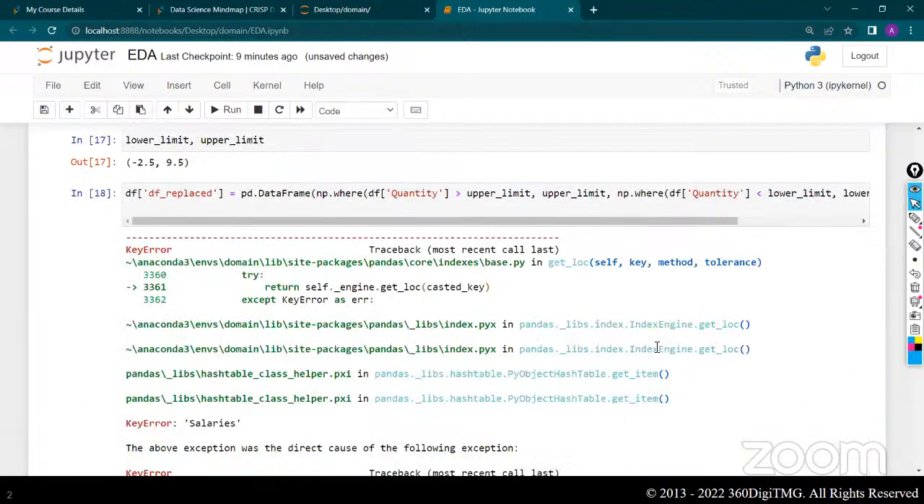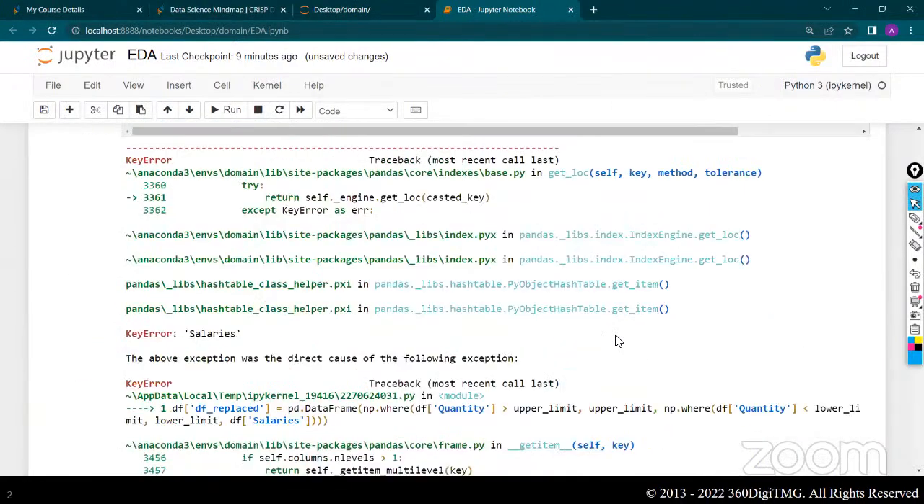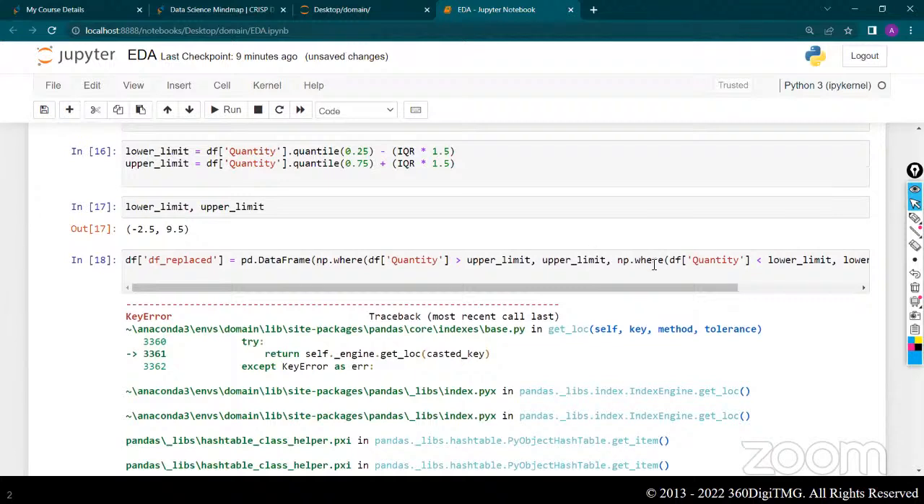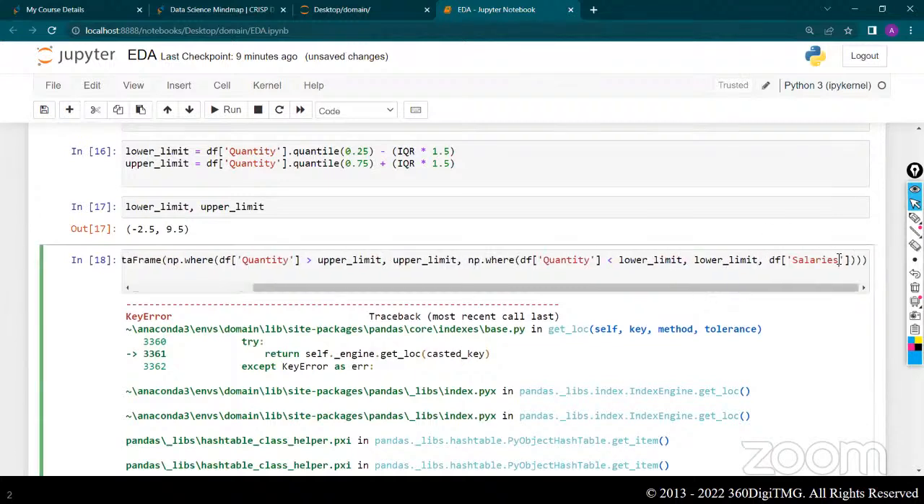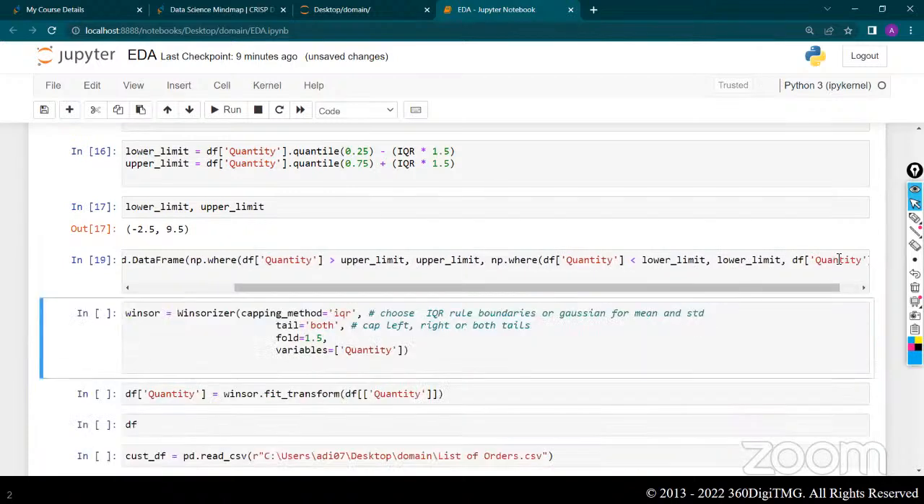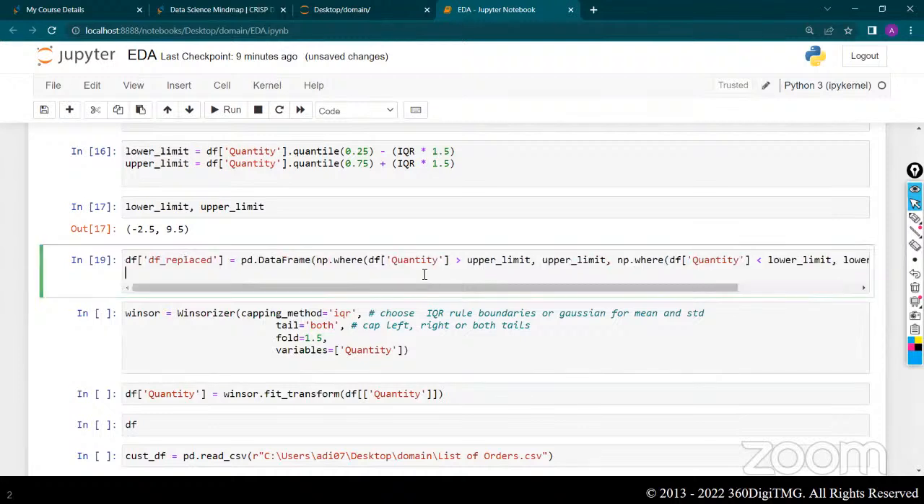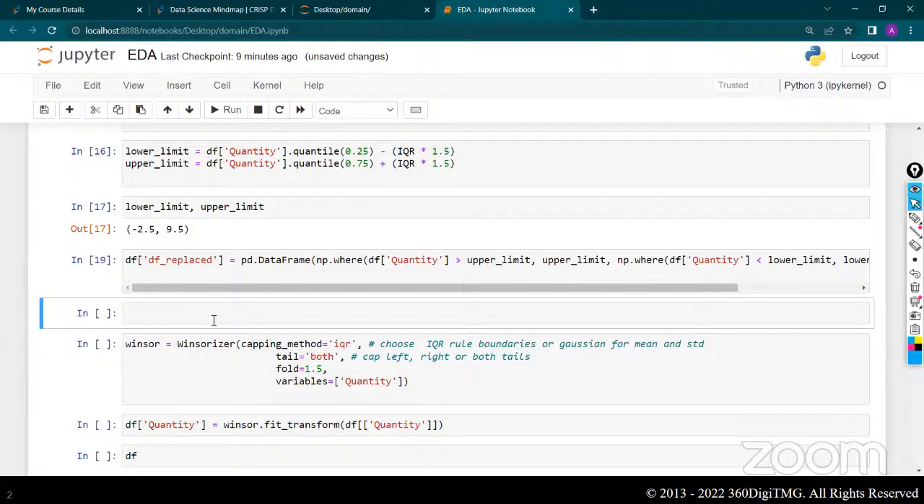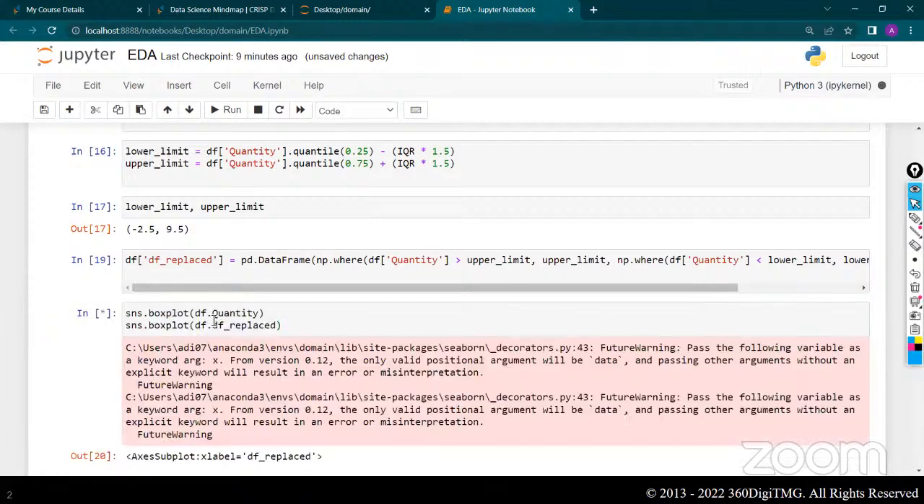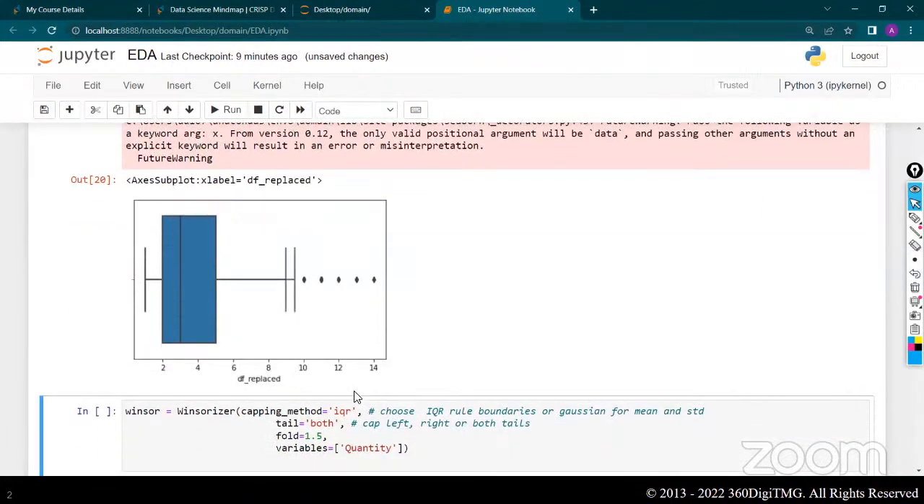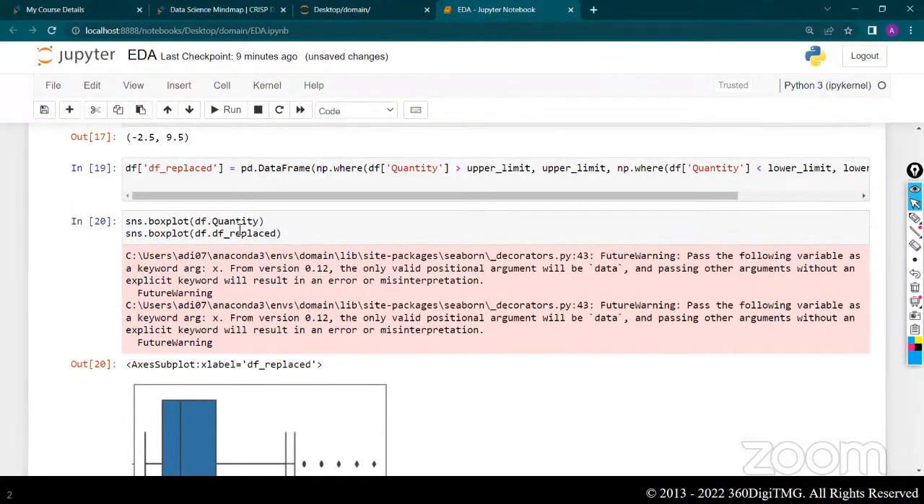Okay. Salaries. Where did I say salaries? Okay. So here we have to make sure we are not making any mistakes. Okay, now we do that. And now we'll quickly just write a command. And now again,